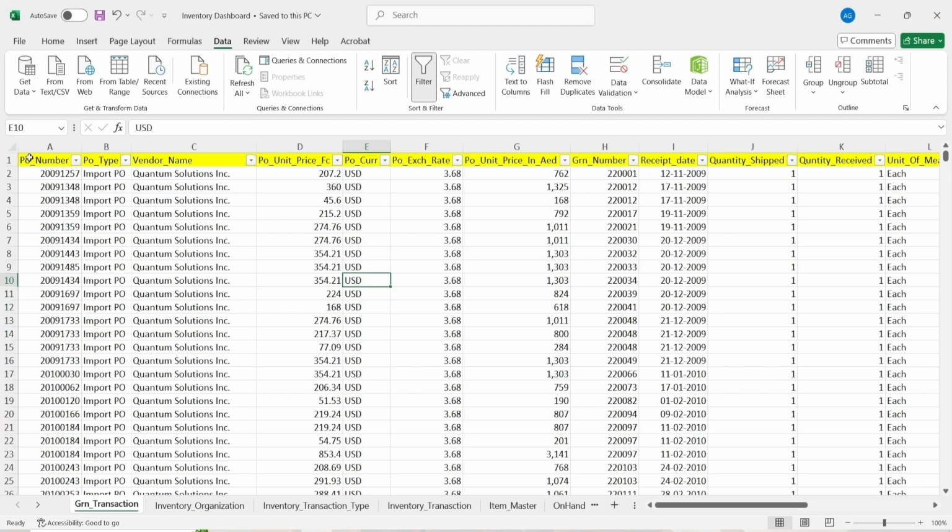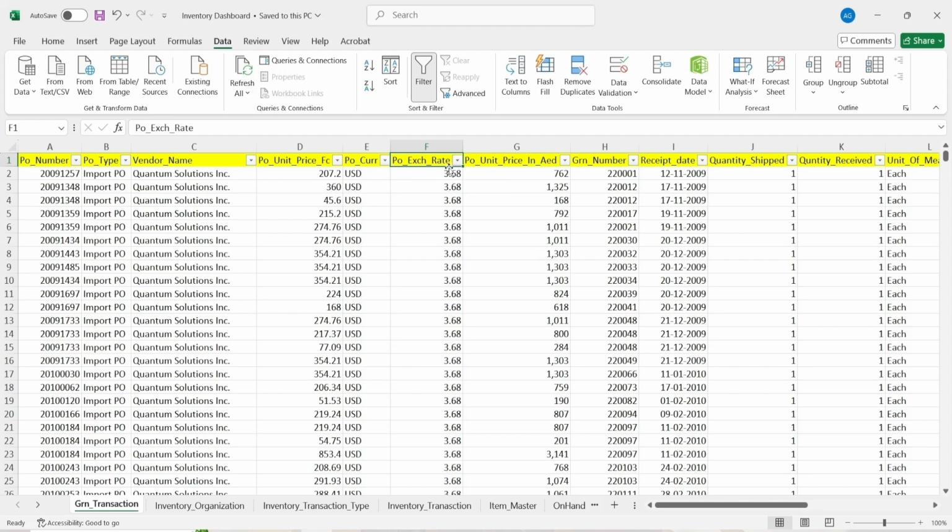In that table we have the fields PO number, PO meaning purchase order number, then purchase order type, then vendor name, then purchase order unit price FC, FC meaning foreign currency, then PO currency, meaning purchase order currency, purchase order